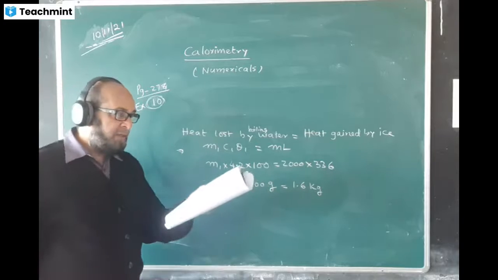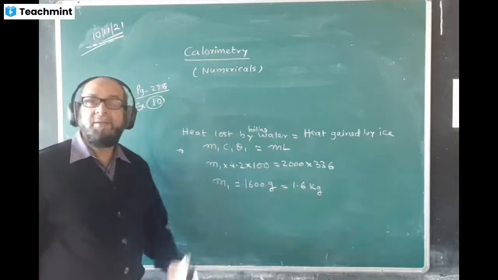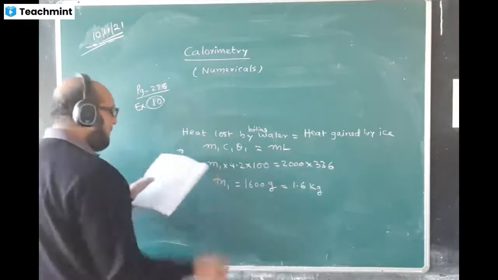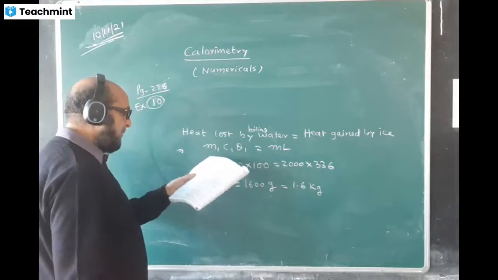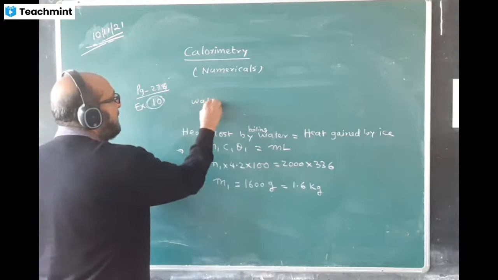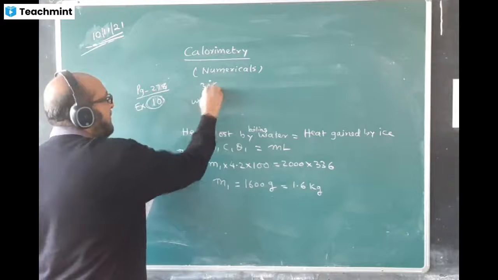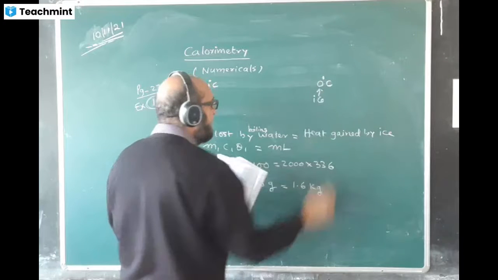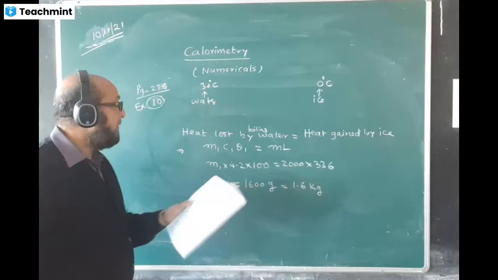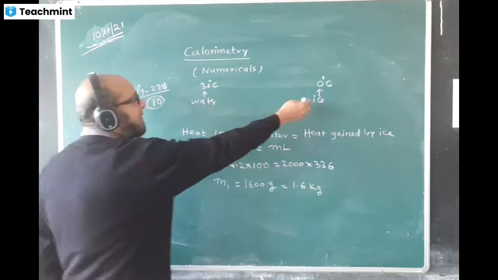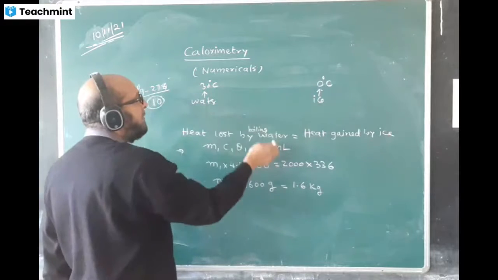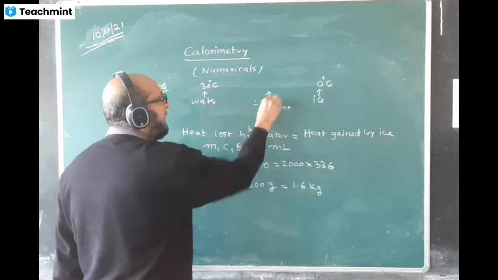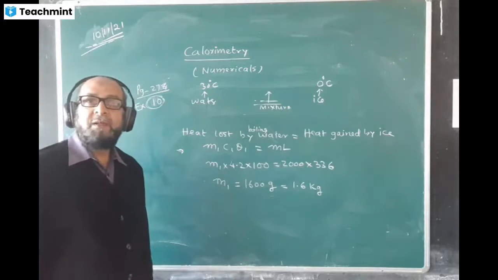They have given the value SLH of ice 80 calories, SHC of water is given 1 calorie per gram. Calorie wise it is given. We will use that value, whatever is given. Let us write information. One side we got water at 30 degrees Celsius. And this side we have ice. Ice temperature is already mentioned. In water, here is the mixture. Temperature of the mixture. Find the temperature of the mixture. Temperature of the mixture we have to find.